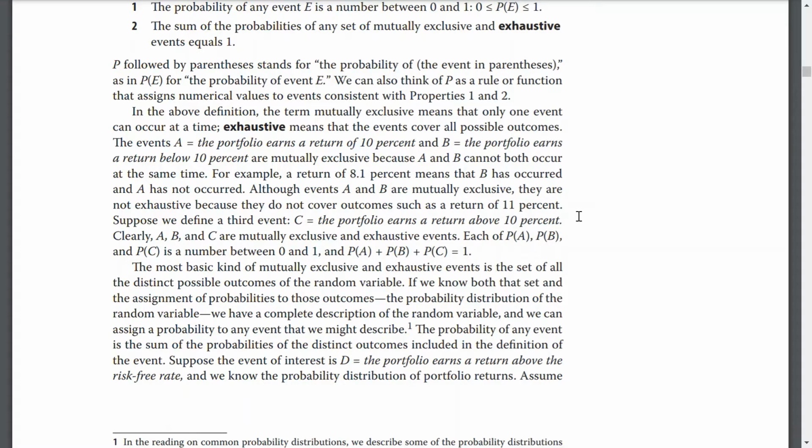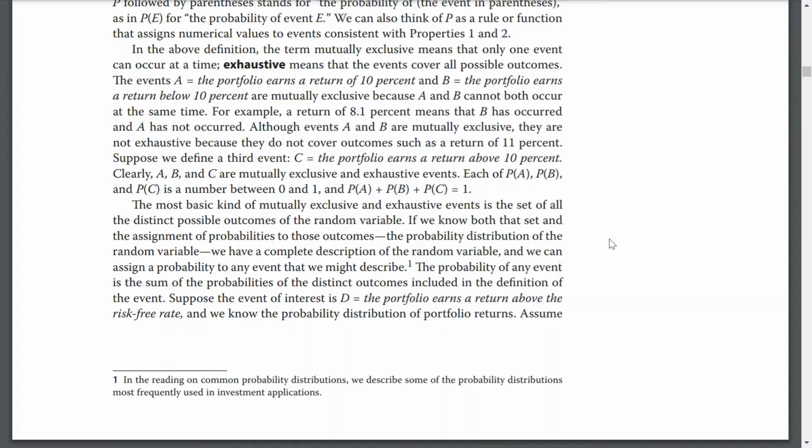Clearly, when the portfolio earns a return above 10%, we call it the probability of event C occurring. The probability of C is a number between 0 and 1, and the probability of A plus the probability of B plus the probability of C is equal to 1. The most basic kind of mutually exclusive and exhaustive events is the set of all the distinct possible outcomes of a random variable. If we know both the set and the assignment of probabilities to those outcomes, the probability distribution of the random variable, we have a complete description of the random variable,